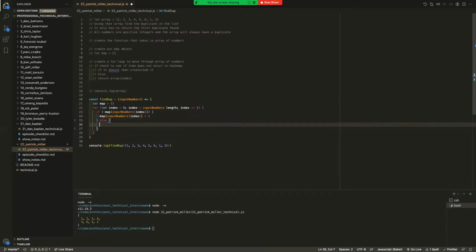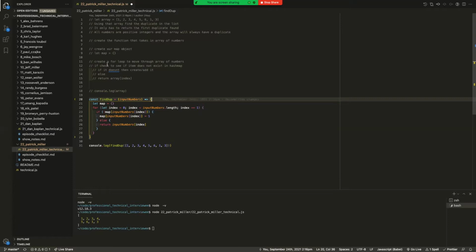Else return input numbers index. So I think if my syntax isn't messed up, I've done what I was trying to do.